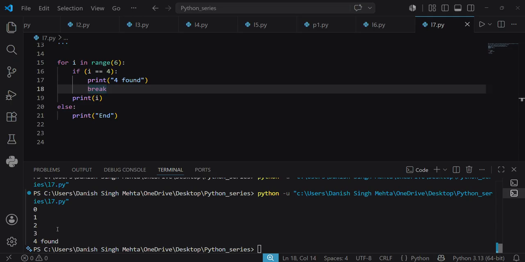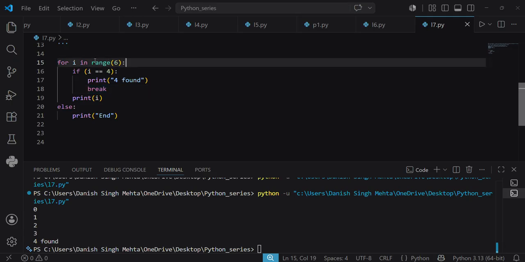If we completely iterate over the range we have set, मतलब जब हम पूरा फॉर लूप चल लेंगे 6 तक, तभी एल्स प्रिंट होगा, वरना नहीं होगा। अभी आप देखोगे तो हमने बस 4 तक ही प्रिंट किया है। जब 4 हो गया तो हमने ब्रेक बोल दिया तो हम इस फॉर लूप के बाहर चले गए और फॉर लूप के अंदर ही एल्स भी आता है। तो क्या हो गया, हम इस पूरे कोड ऑफ ब्लॉक से बाहर चले गए और हमारा फाइनल रिजल्ट आ गया 0 1 2 3 4 एंड 4 इज फाउंड।